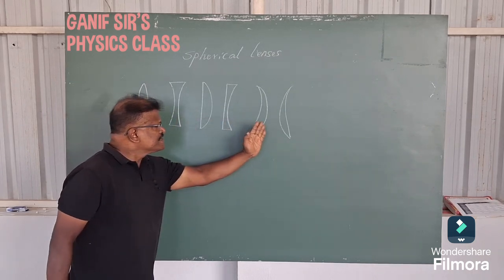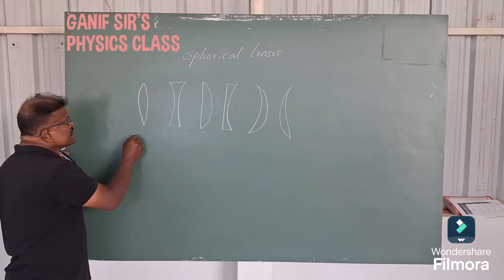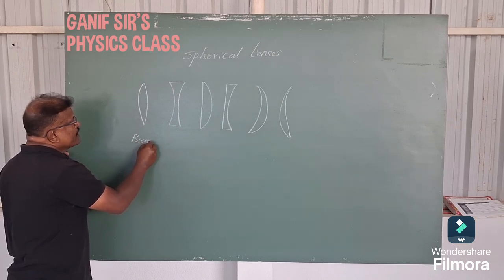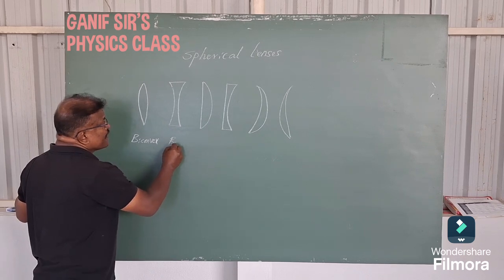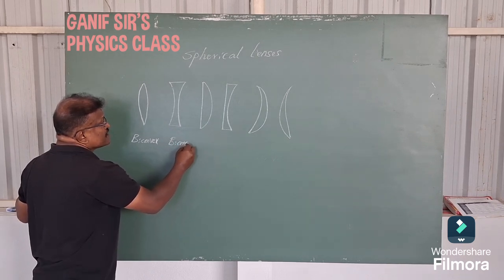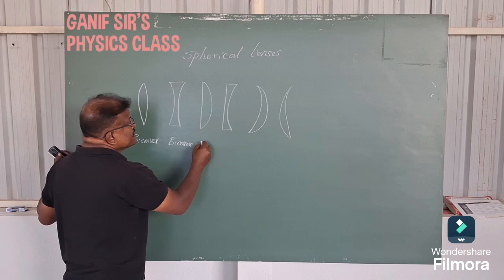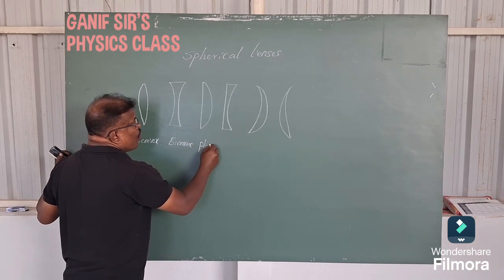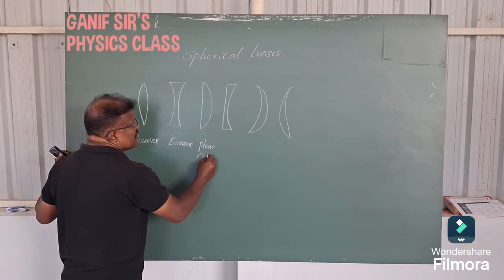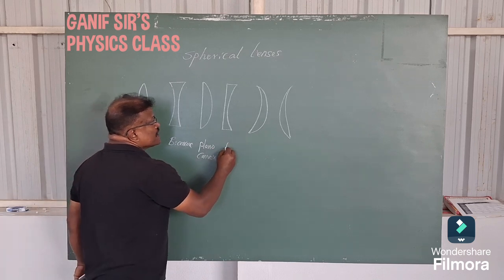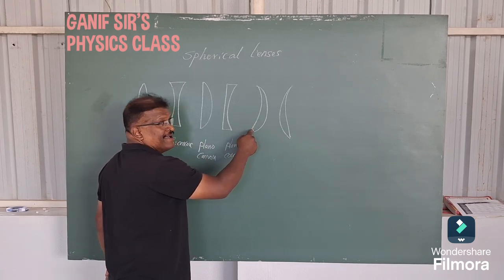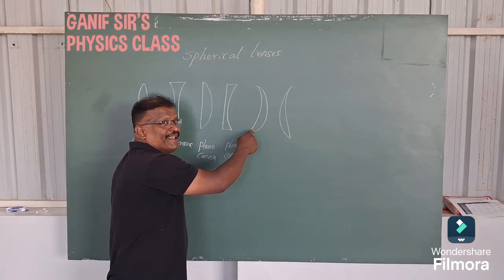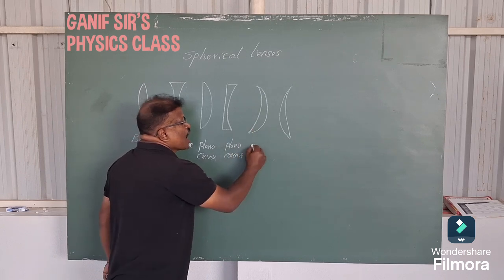So these are all lenses, and I call this lens a biconvex lens, and I call this a biconcave lens, and I call this a plano-convex lens, and I call this a plano-concave lens. And then how can I call this? I call this a